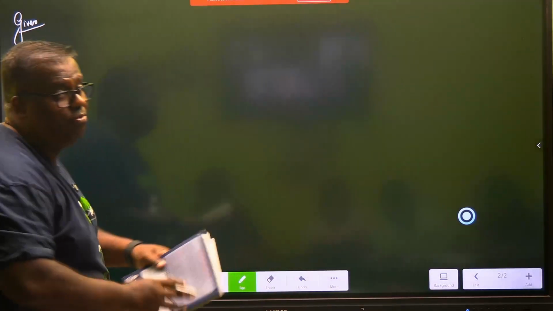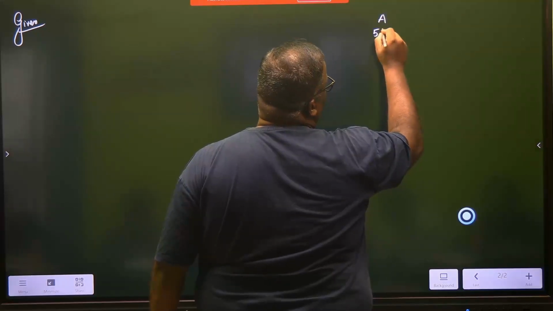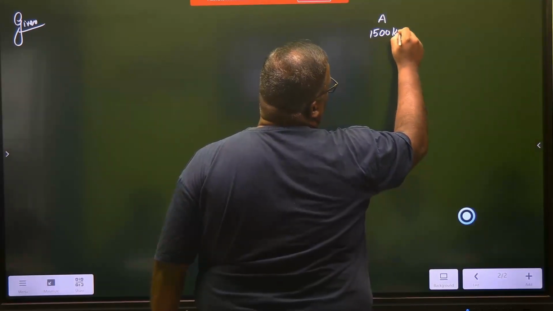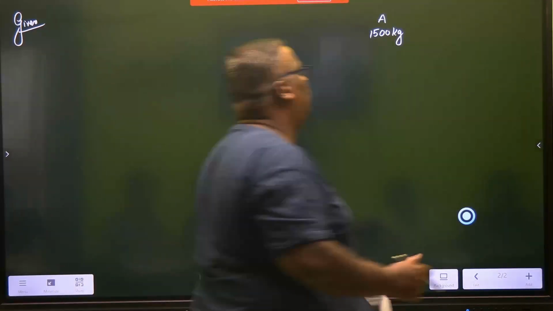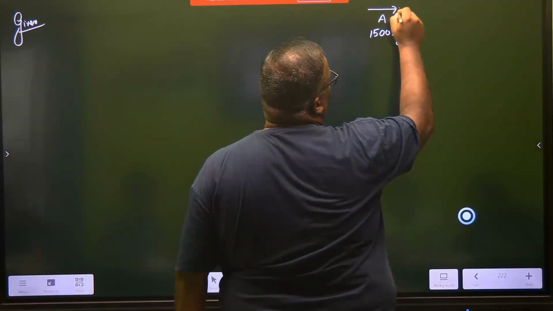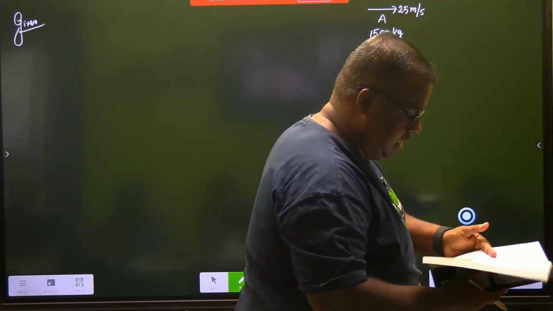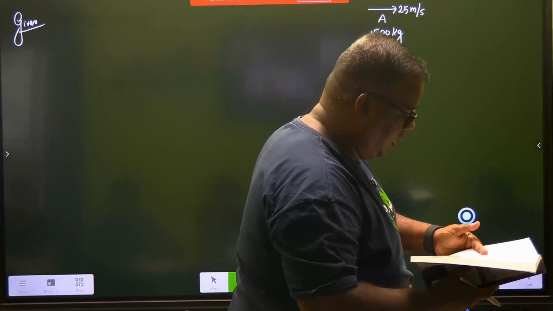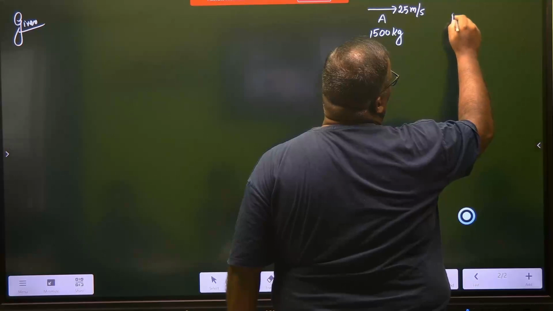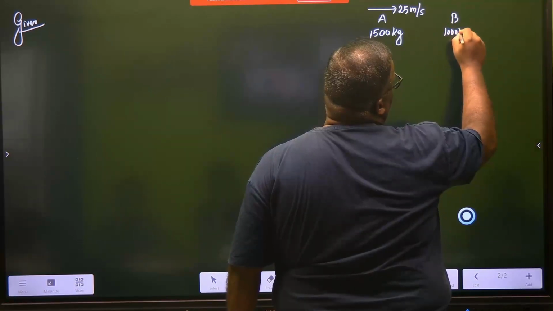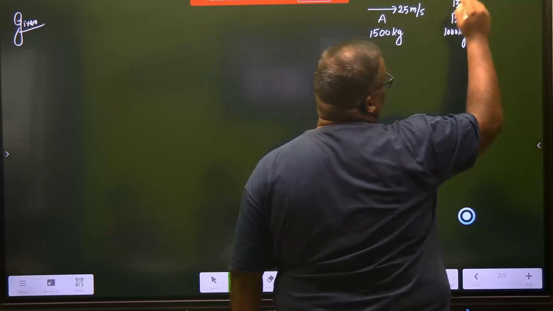A car of mass 1500 kg. So you have car A whose mass is 1500 kg. Car A of mass 1500 kg, traveling at a speed of 25 meters per second, right? Collides with another car of mass 1000 kg, traveling at a speed of 15 meters per second. Now you should ask,